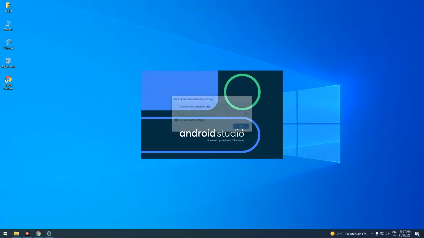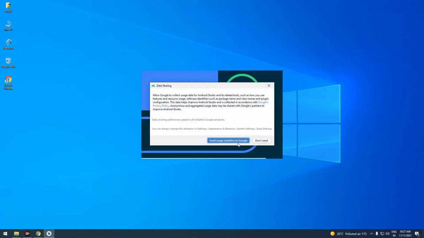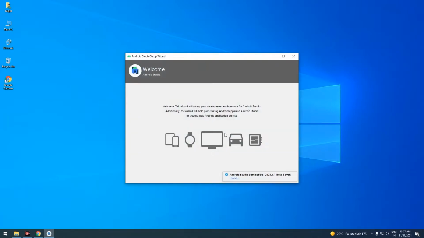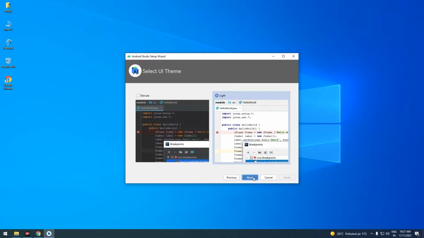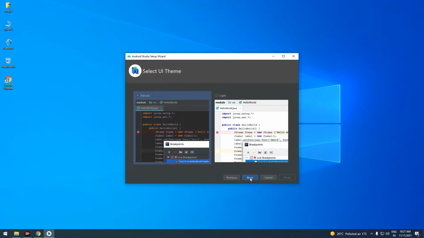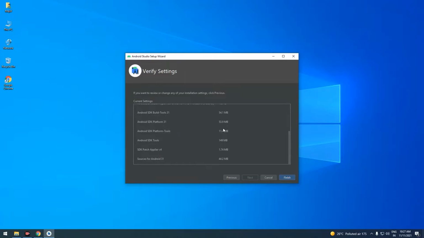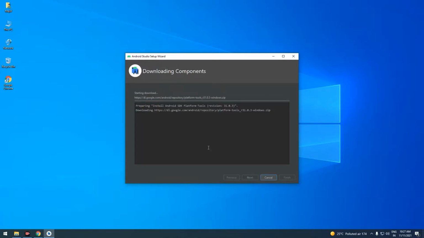Do not import, don't send, and after that click on next, leave that to standard, click on next, whatever the theme that you desire, click on next, and let it download all the necessary things. So I'll click on finish and it will start to download it. It will take around 5 or 10 minutes depending upon your internet speed, so be patient with that.